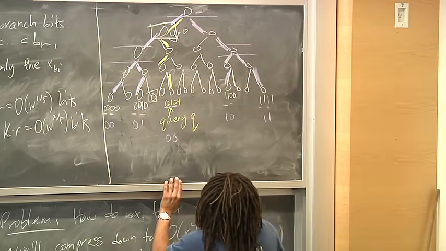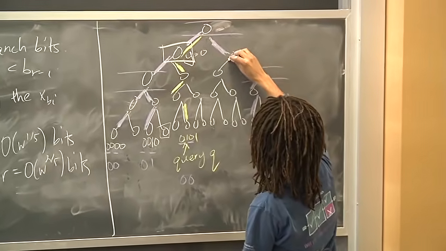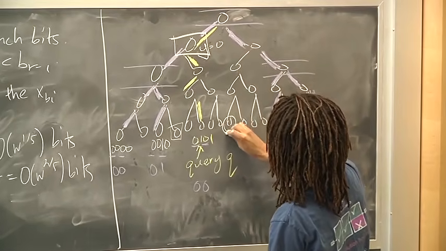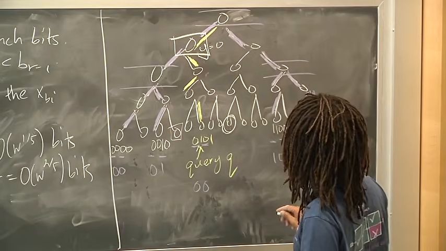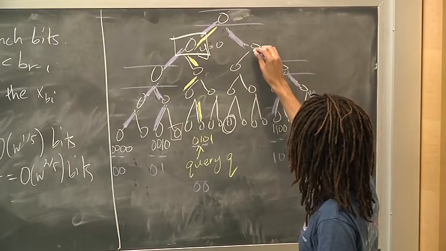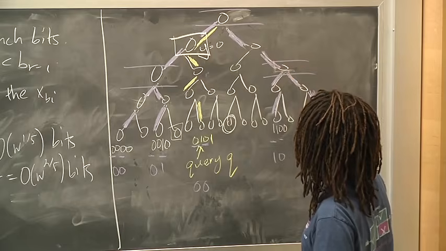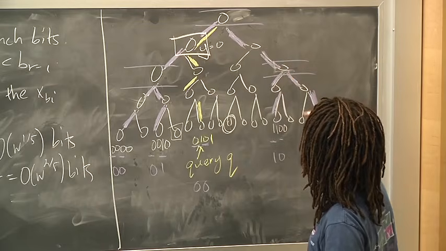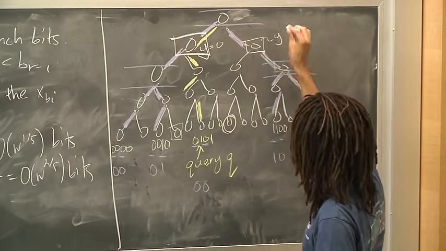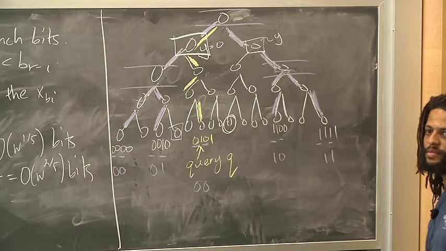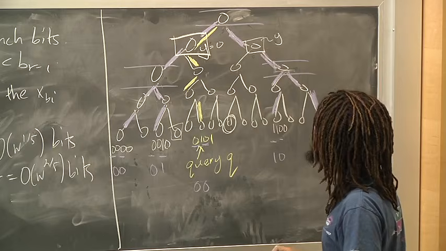Wait, hold on. Let me just make sure: you're saying suppose the query were 1, 0, 0, 0. So you fell off. Where's the first branch node you fell off? You fell off at 1, 0. Well, this is a branch node though. No, you fell off at the second. But this is not a branch bit. Okay, good. So this would be your Y. And then E would be Y 0, 1, 1. But your sketch is 1, 0.